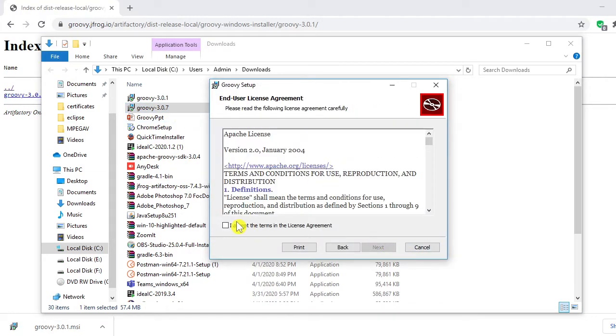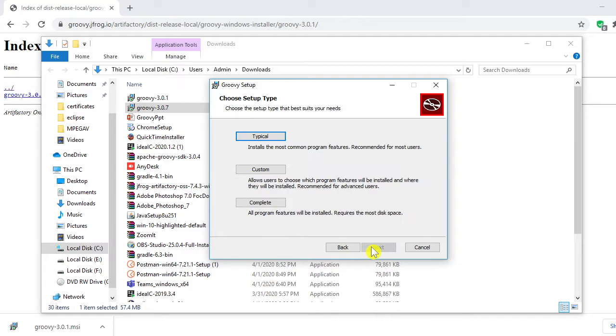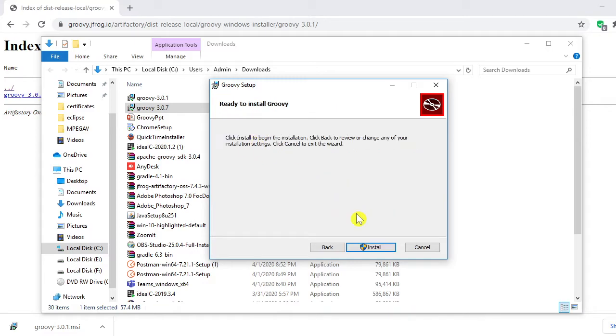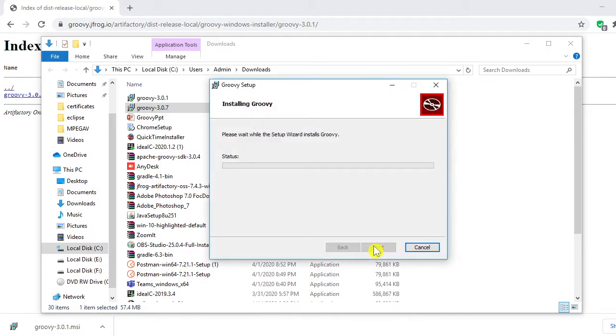Next, agree to the license. Next, go with the typical features, the default one. This may take some time.